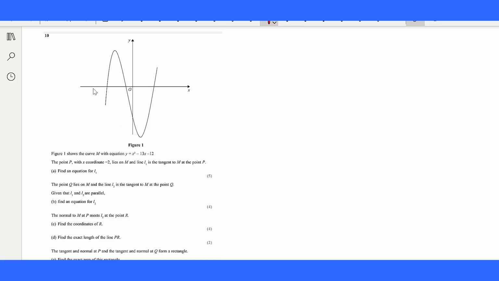Hi guys, today we're going to discuss FPM, Further Pure Math, Paper 2 from an EDEXCEL IGCSE past paper. So this is number 10,